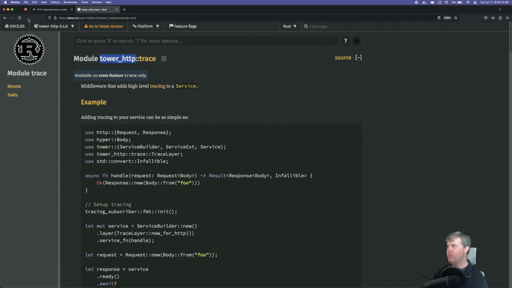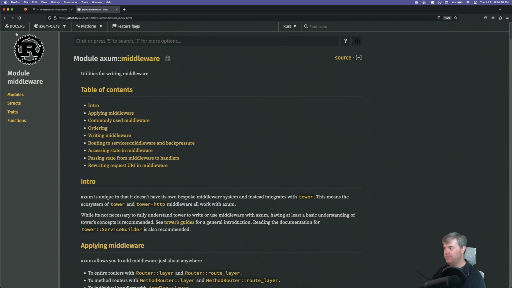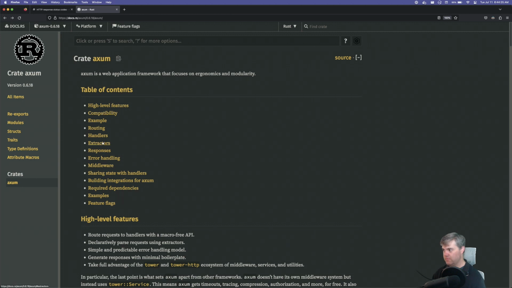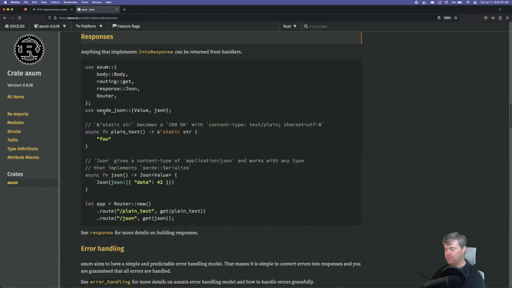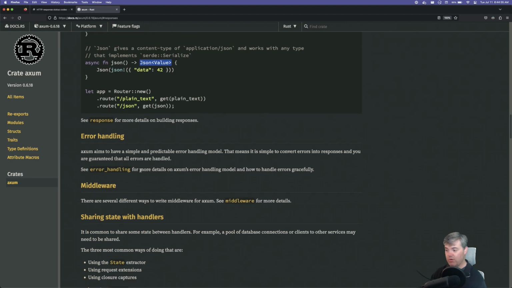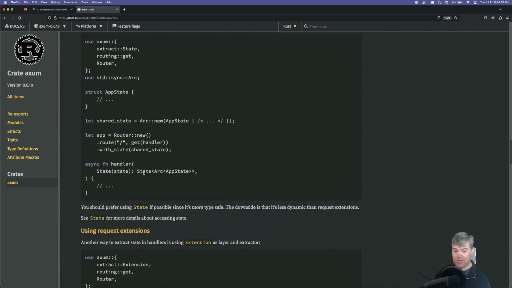I need to go remind myself how to do this. I can just do it myself with, hey, I'm returning this thing, but I want to return a standard non-200.